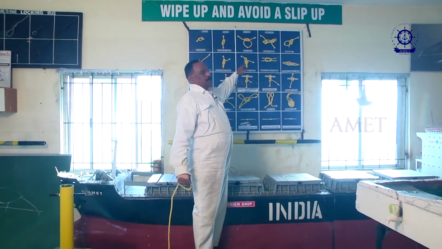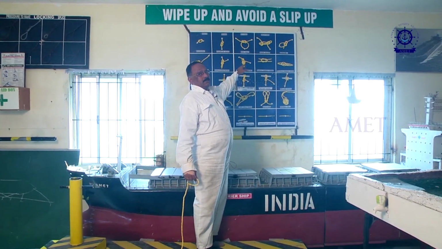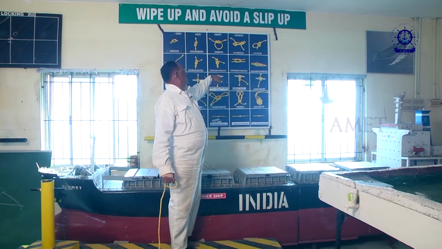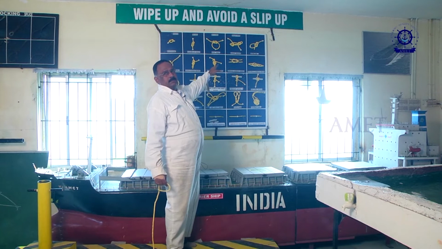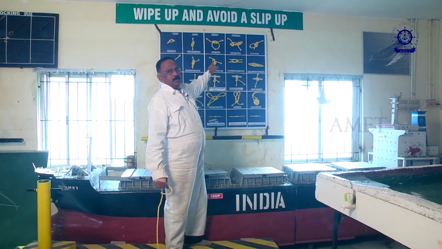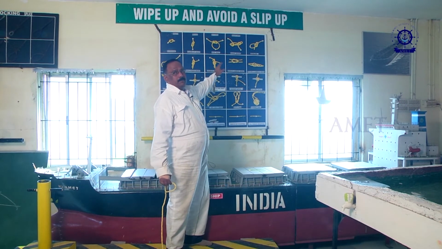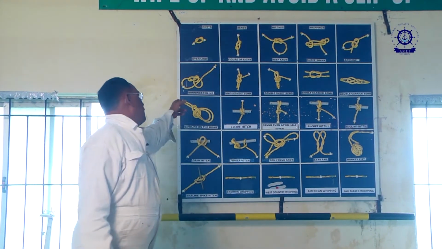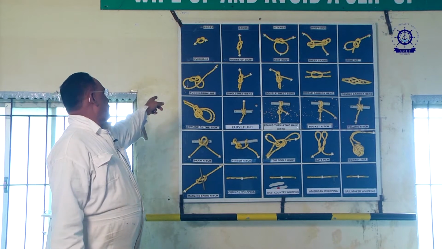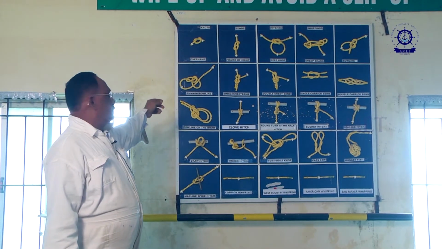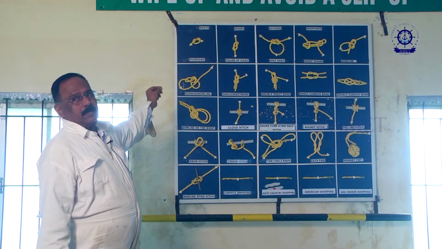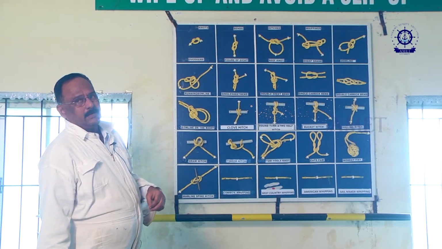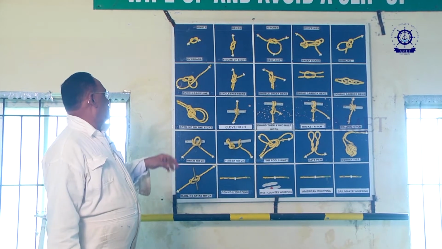This is used for making a rope short as well as preventing the damaged part from parting. The fifth is the bowline. Bowline is a knot used very often on board, and it is useful for all purposes. The sixth one is related to the bowline. This is called running bowline. This is used during the time of picking up a heavy giant line which is laid on the ship side.